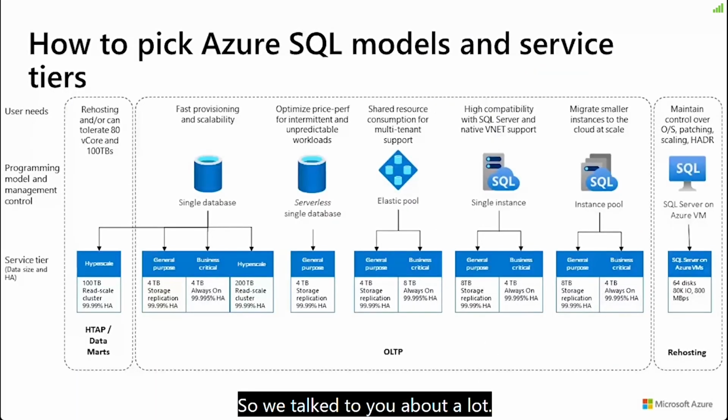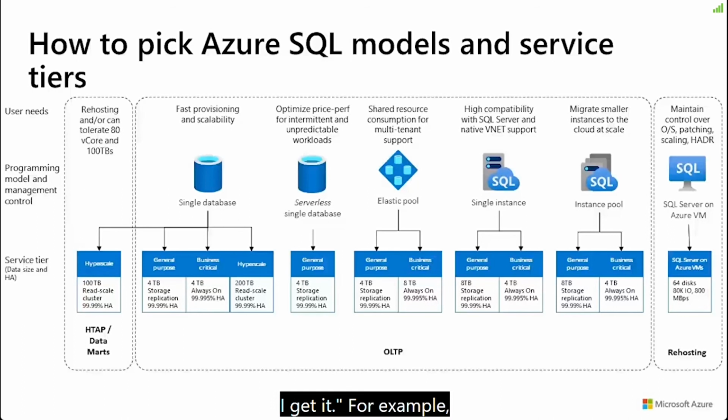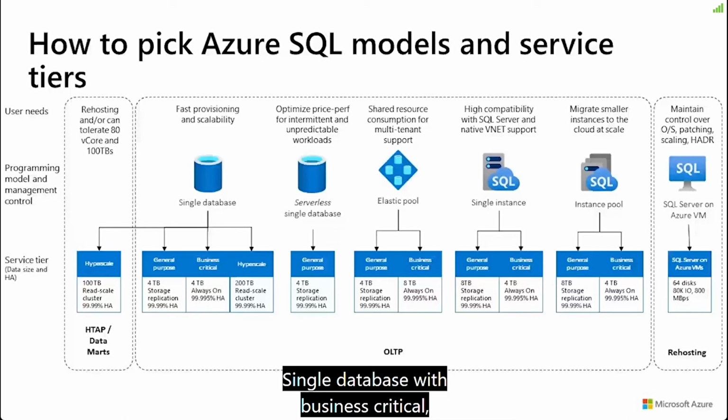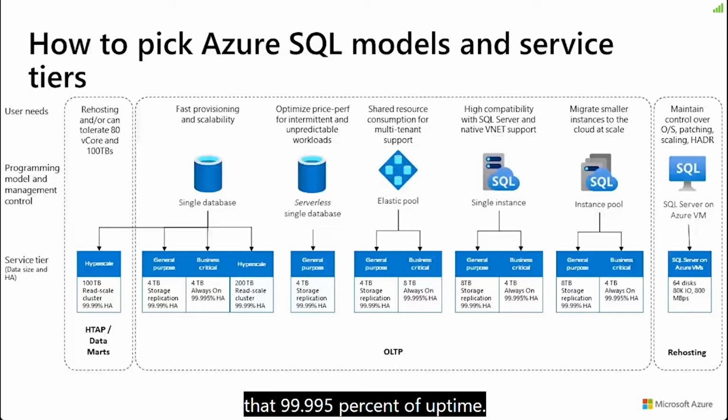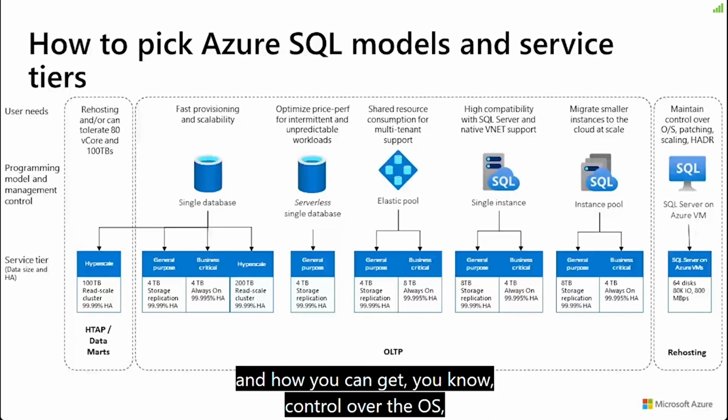So we've talked about a lot. We put this slide together, and there's a lot on this slide, but hopefully, as you look at it and digest the different things on this page, you say, oh yeah, I get it. For example, we talked about Azure SQL Database, single database with business critical. You can get the highest availability, that 99.995% of uptime. We also talked about things like SQL Server and Azure Virtual Machine and how you can get